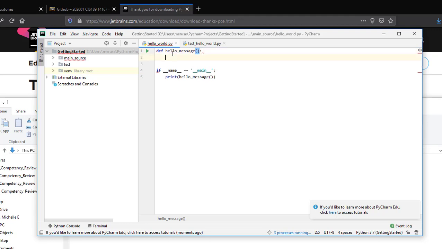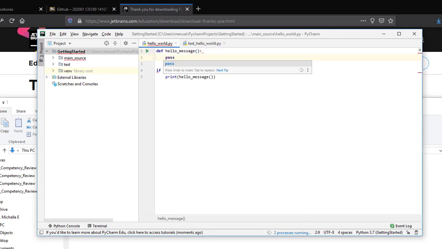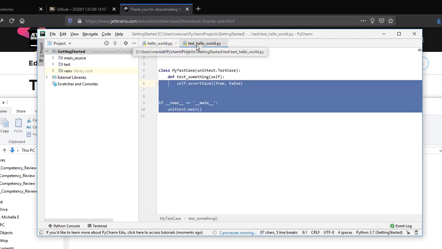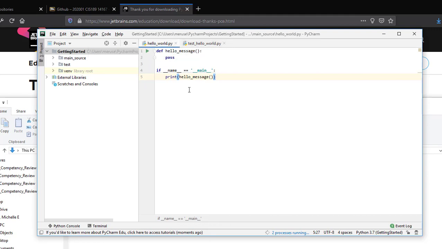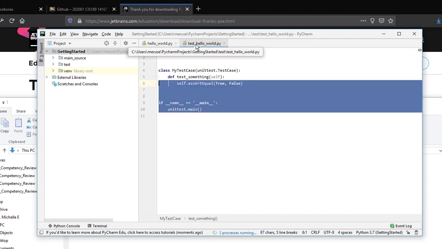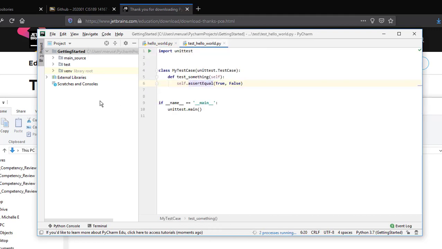Right now I don't want to write it right away, so I'm just going to say pass, and then in my hello message, what I'm going to test. First of all, if I run my unit test, that's not going to work